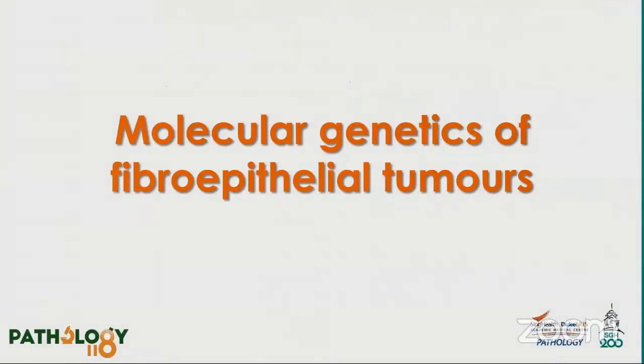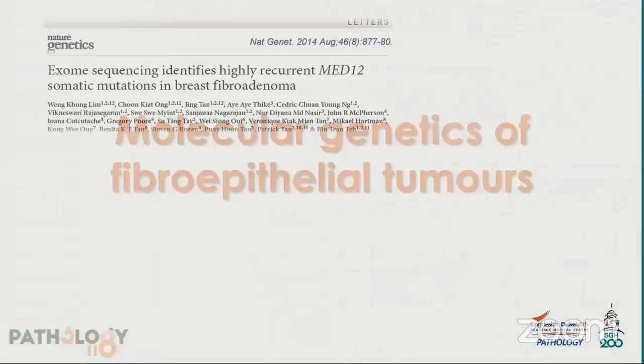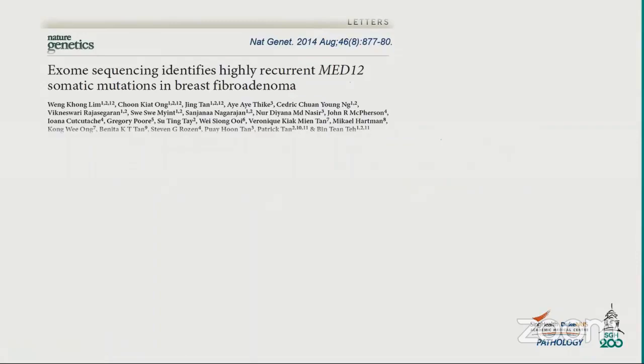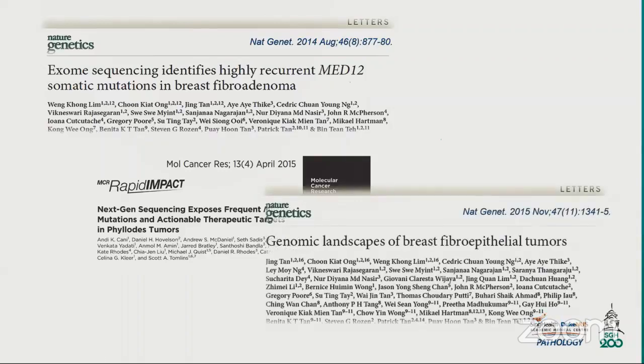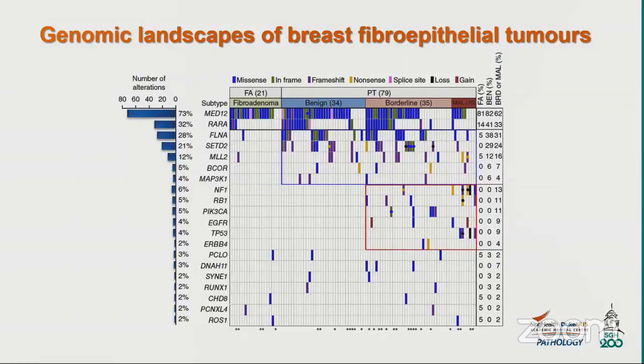Finally, I'll just talk about molecular genetics. This was a paper published in 2014 in which we found highly recurrent MED12 somatic mutations in breast fibroadenomas, and was followed very quickly by a paper reporting on MED12 mutations in phyllodes tumors as well. The following year, we described the genomic landscapes of breast fibroepithelial tumors that led to this genomic map, in which